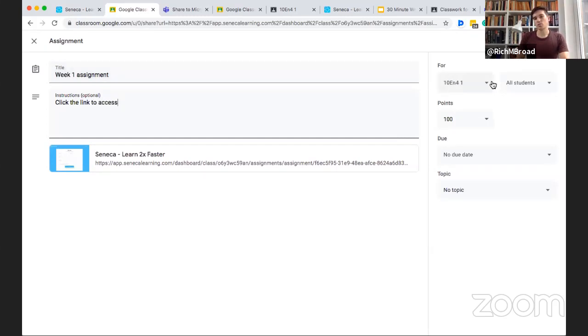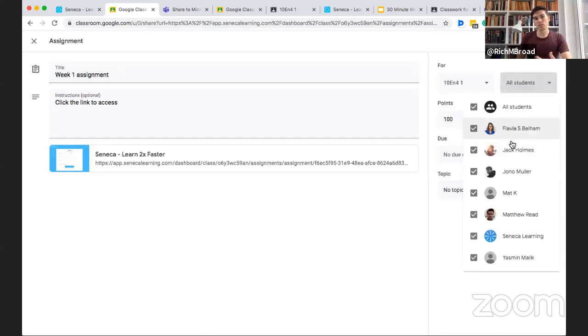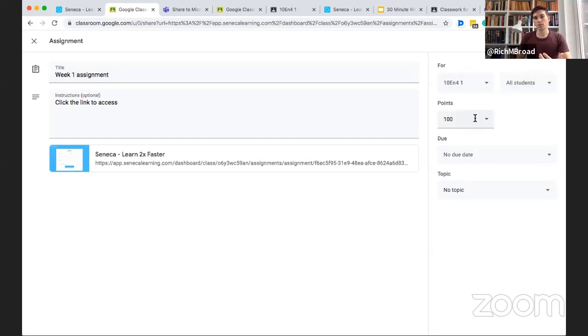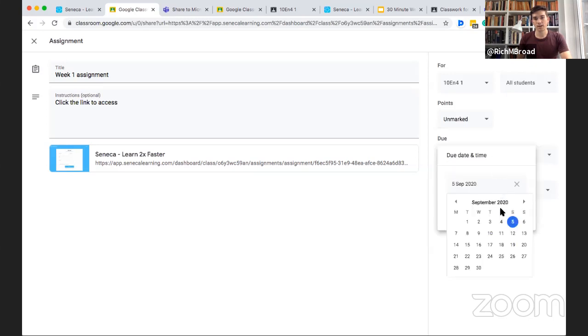And then again, you can choose who it's for. You can select just specific students if that's useful. You can assign a number of points, and that's a useful thing to do if you're using the mark book within Google Classroom. You can assign some points to it, or you can just leave it as unmarked, whichever you're using for your setup in your school. You can set a due date, so let's say next Thursday, time if you want, and